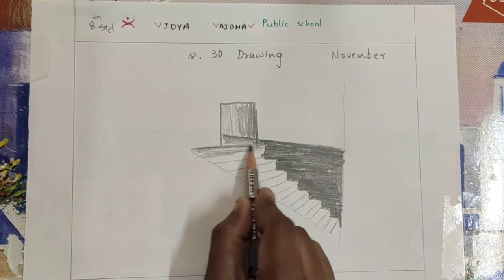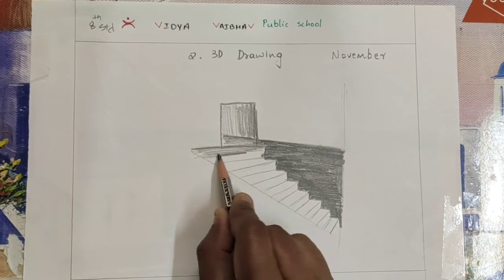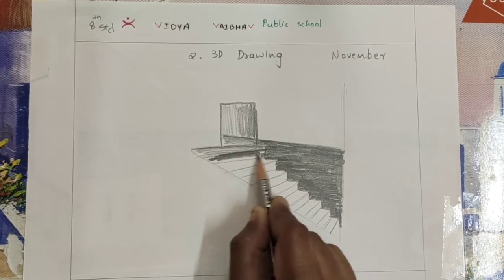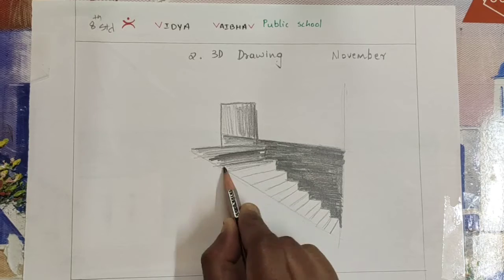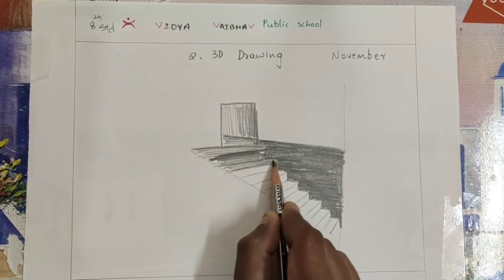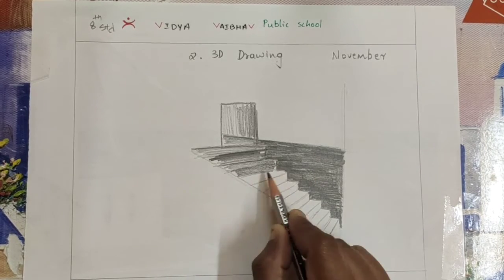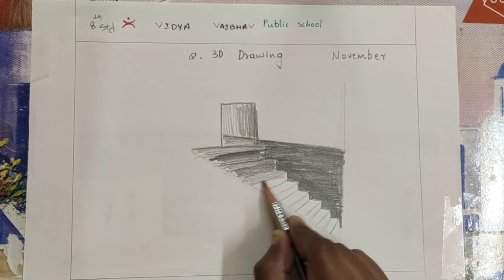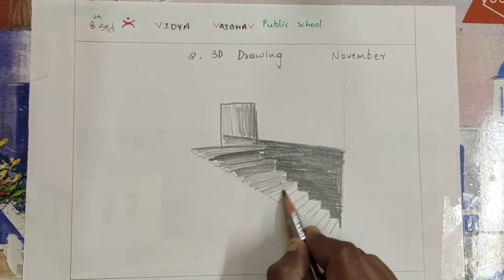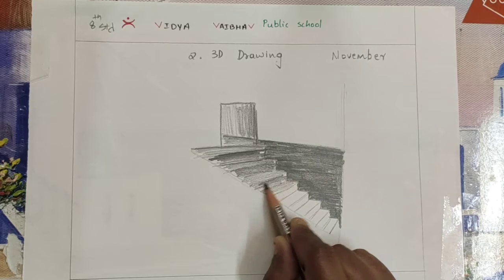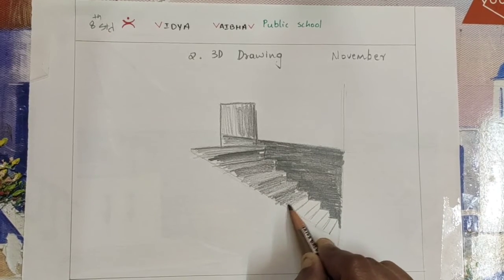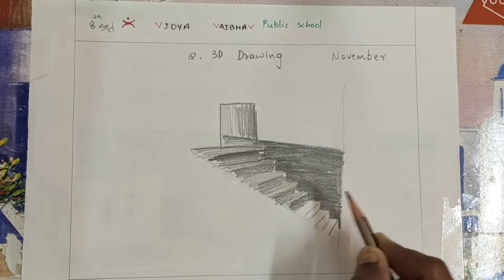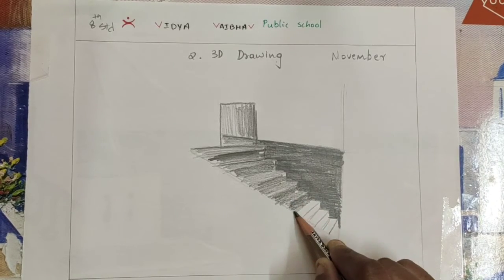one should be very light and the next should be a little dark, and in the same way continue, very light and dark. So again light and dark, light and dark, continue the same technique. So work properly, again light and dark, light and dark.